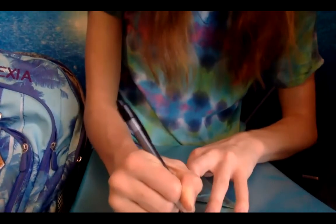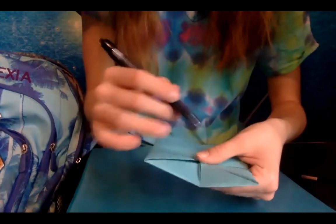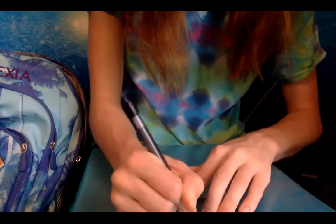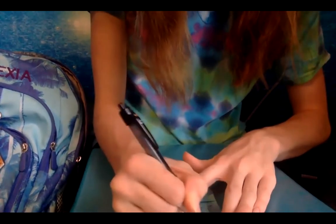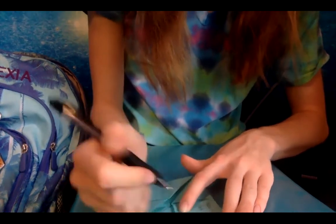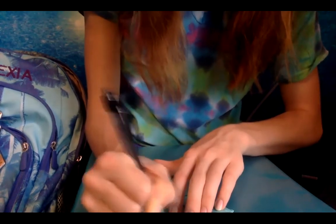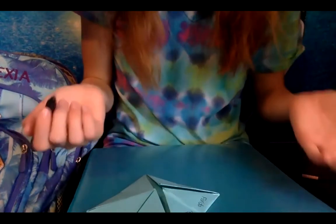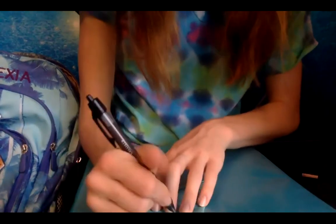So I'm gonna write, and same thing, you want the center to be your bottom. And it's not a huge deal if you do it in a different direction, it just, something might be a little bit upside down. So I'm gonna choose, how about New York, Florida, Nebraska. And making cootie catchers, as you can see, is a great way to review topics. Like in this case, if you're trying to remember the 50 states, you can try to quiz yourself just a couple at a time by seeing if you can remember which ones there are to write them on a cootie catcher. Okay, Maine,